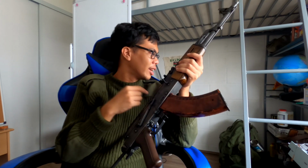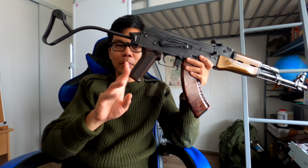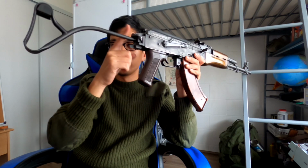However, with my LCT AK-74 on the way, I am thinking there might be a possibility where it could still be saved, because LCT AK AEGs have a screw that goes under here. So I'm thinking that maybe we could fit a screw through underneath, unlike this one where it's completely absent. So yeah,